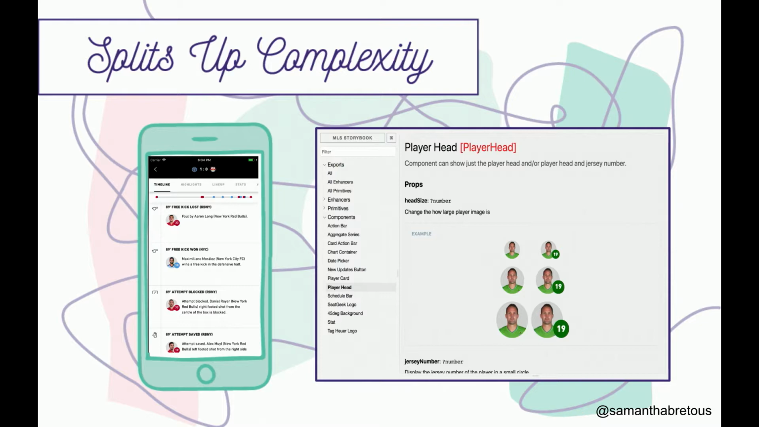And this blessing in disguise is it splits up the complexity of the components based on your skill level. As you see here, this is my first component that I made on the job. And I would love to continue to tell you how great